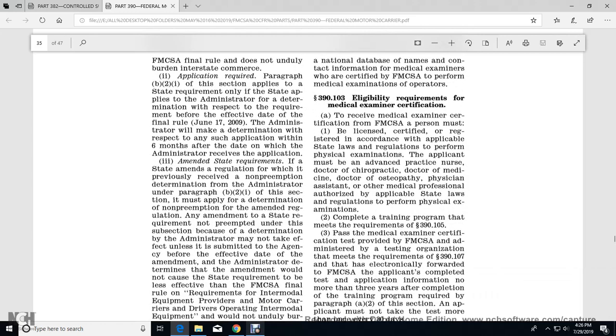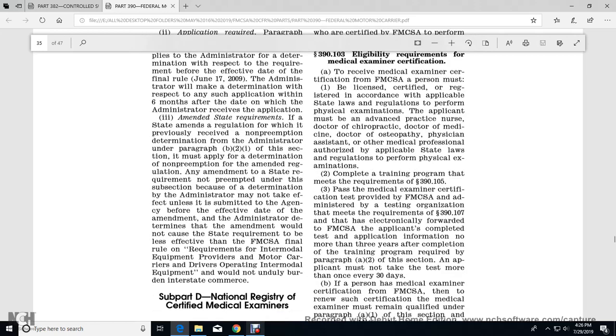390.103 is the eligibility requirement for medical examiner certification. To receive the medical examiner certification from the Federal Motor Carrier Safety Administration, a person must be licensed, certified, or registered in accordance with applicable state laws and regulations to perform physical examinations. The applicant must be an advanced practitioner, doctor of medicine, doctor of osteopathy, chiropractor, physician assistant, or other medical professional authorized by applicable state law and regulations to perform physical examinations, complete the training program that meets the requirements of 390.105, pass